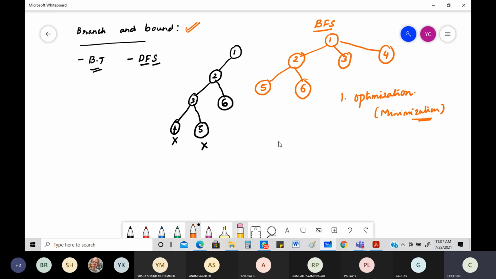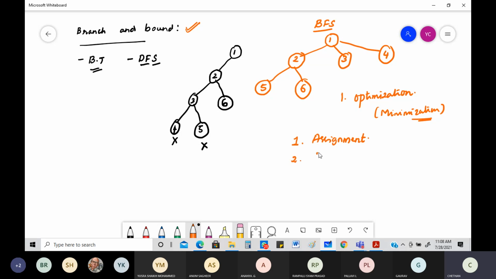Of course, you're not going to learn it for an exam, which would have been even better, but whatever is possible, you're going to learn. So what is the first technique? The first problem that you learn under branch and bound is nothing but your assignment problem. What that assignment problem is, in detail, we are going to see today.